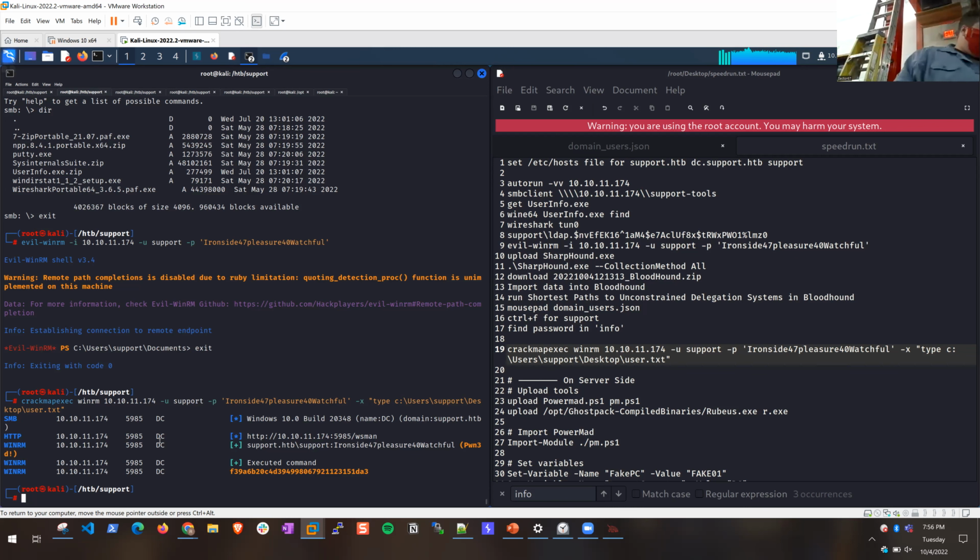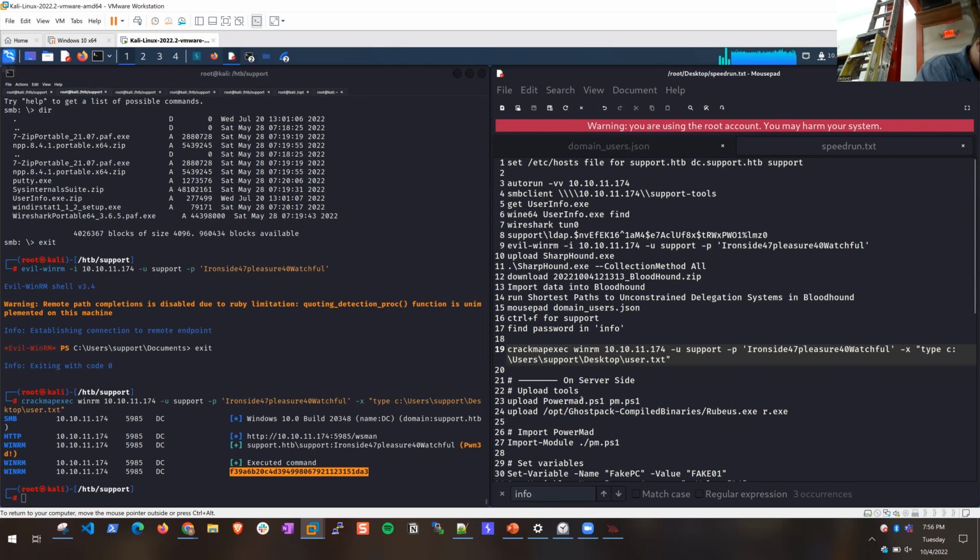So, back to this. We got the user. This is the flag. So the machines have flags. They're just text files with hashes in them. And then you submit this hash to Hack The Box, and it says, you know, congratulations, you hacked the user. So I promise you, we're almost done. So now we have the user.